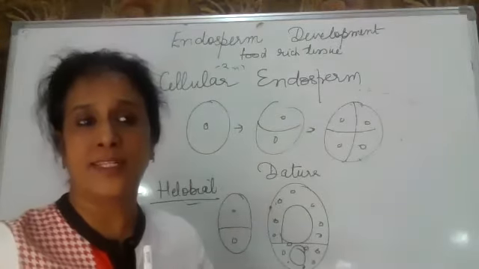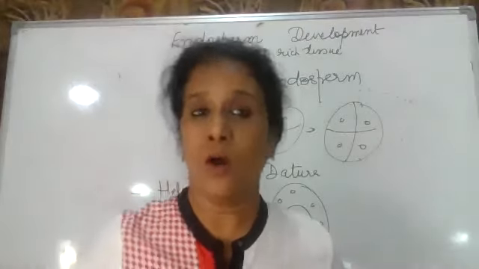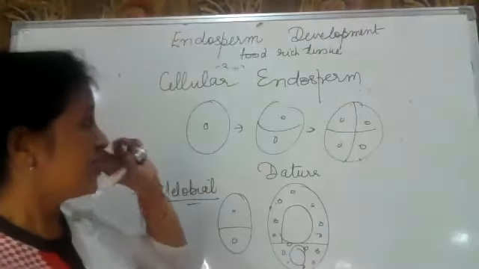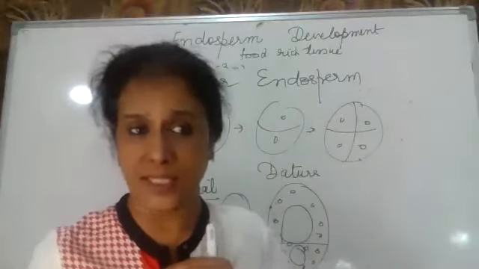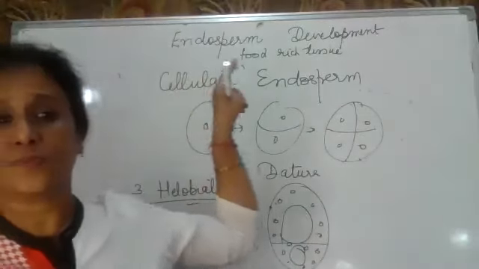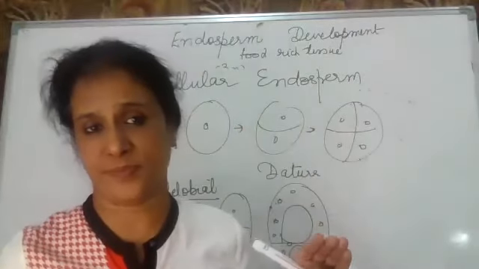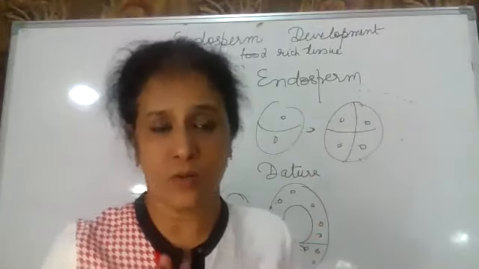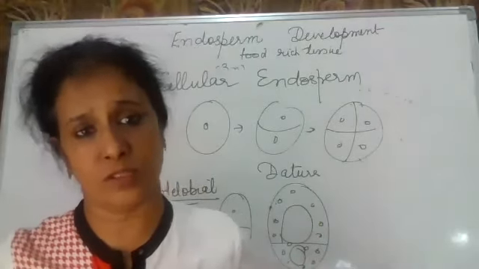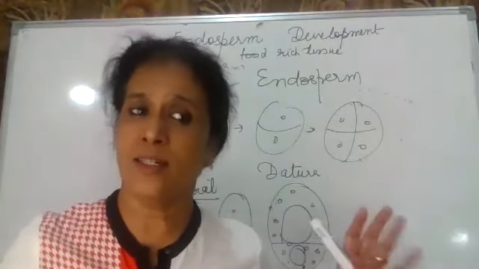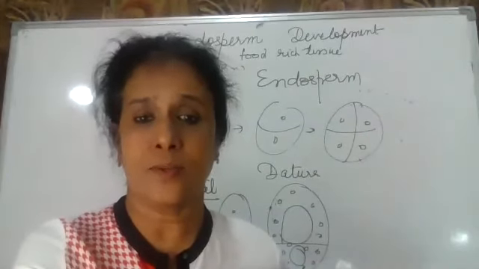So coconut water shows incomplete cell wall formation. On the other hand, the solid white part of the coconut that we eat is formed by complete cell wall formation. So is that clear? That is the difference between the coconut water or milk and the coconut kernel. So now let us do the process of